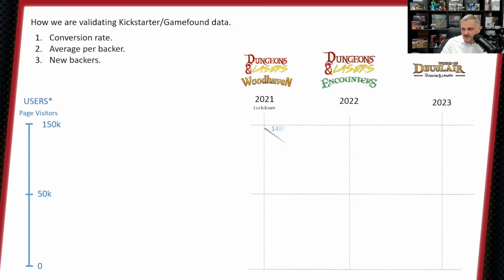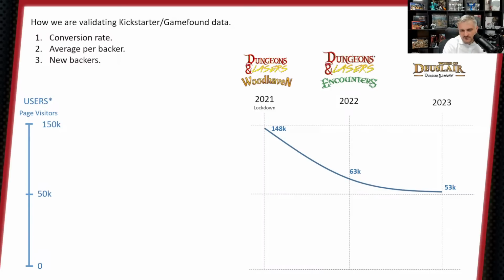So this is the data for 2021. During the Dungeons Lasers Woodhaven, we had 148,000 visitors to the page. Then for the Encounters, it went down to 63,000, and then there were 53,000 visitors on the page. Now,